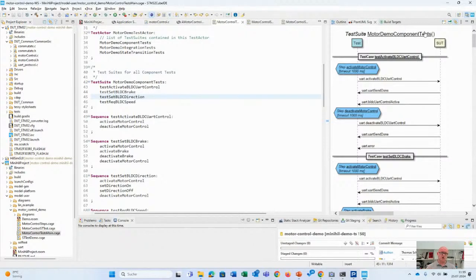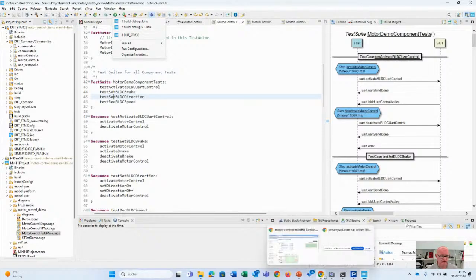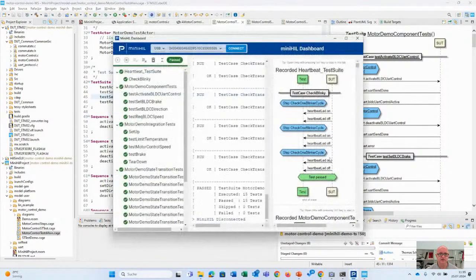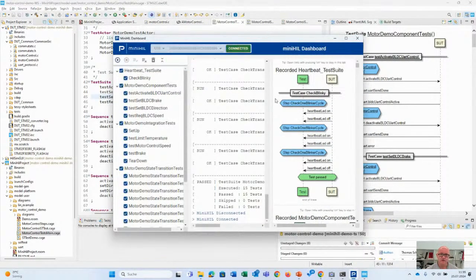So now we generate the code. We can do it directly from here. We can also do it from continuous integration or from a graphical user interface. For example, here we have a little graphical user interface. I can start the